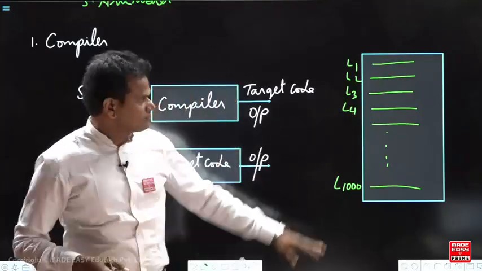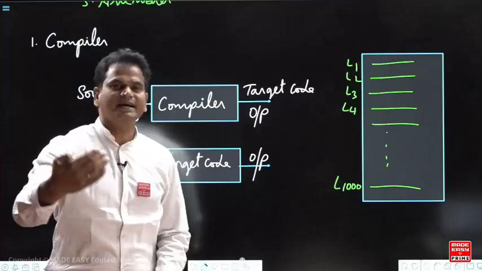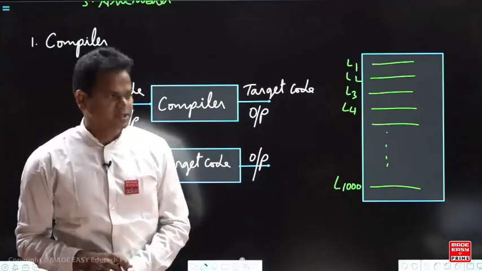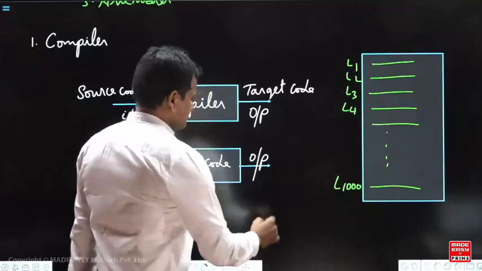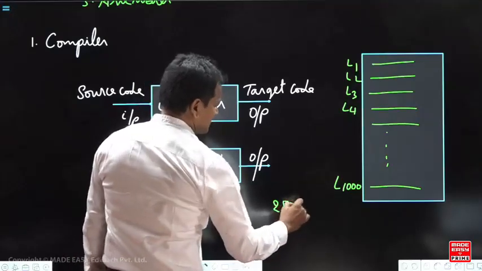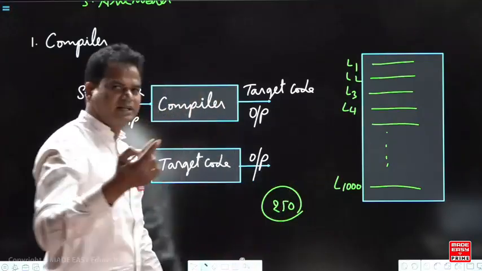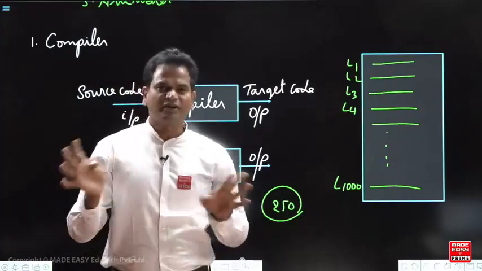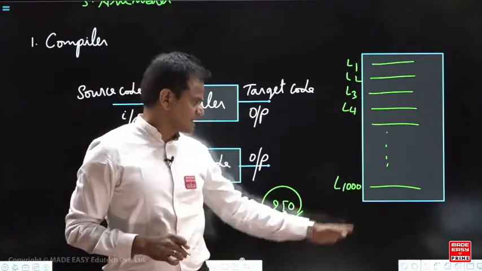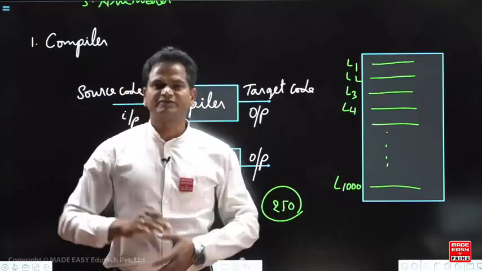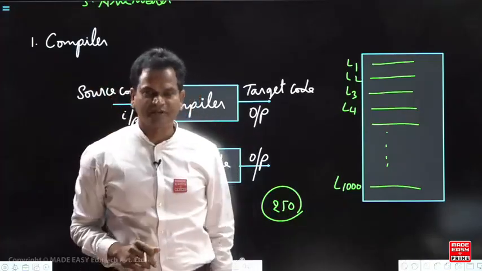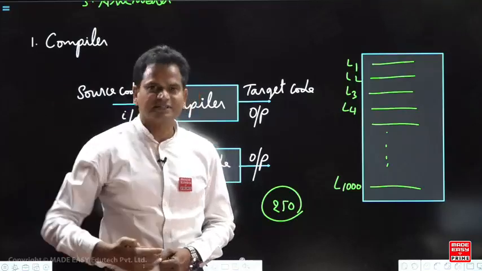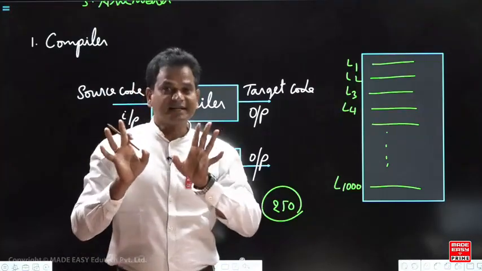After that, out of these 1000 lines, if any errors are there, all those errors will be given to the user. Suppose out of these 1000 lines you have 250 errors: so and so error at line 5, so and so error at line 10, line 14, line 20, like that. All those 250 errors will be given to the user. So once you see 250 errors on the screen, error diagnosis